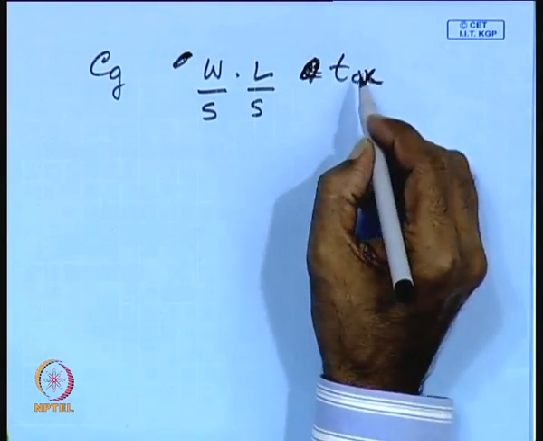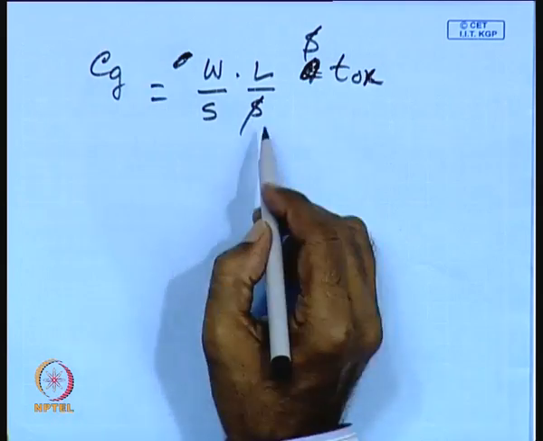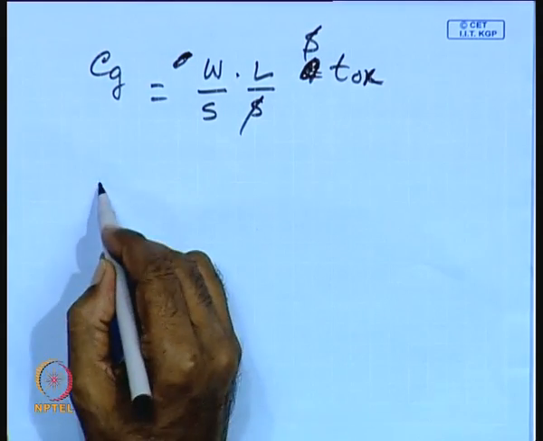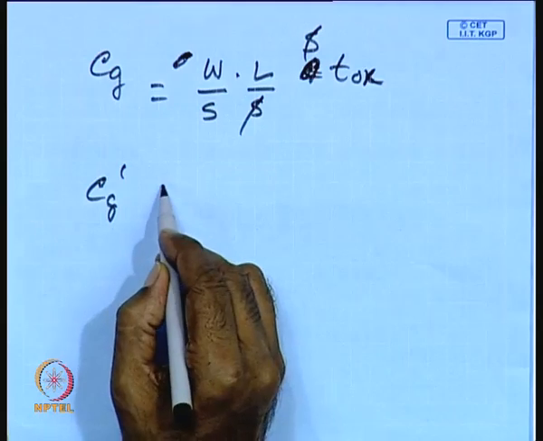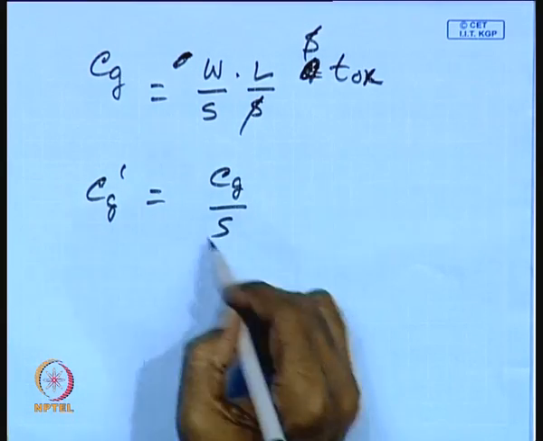So, here the parameter will be multiplied by S. So, effectively the gate capacitance C g dash will be equal to C g by S,